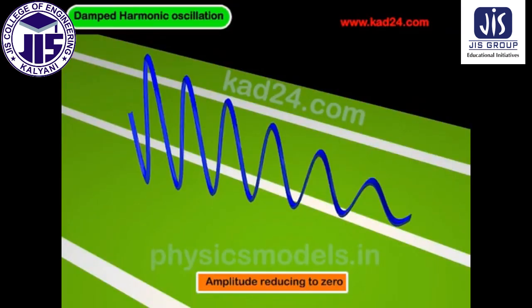Hi, this is a short video where I'll talk about damped harmonic oscillation. So here's a wave in the image, and on the left hand side is the starting point of the wave, which shows a very high amplitude, and by the time it comes to the right of the image, the amplitude has got killed off and it's almost zero. That's the whole purpose of damped oscillation.